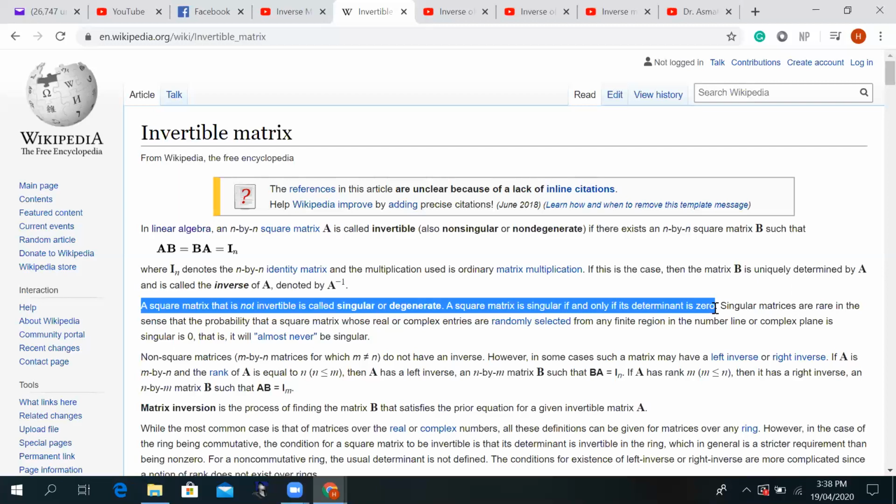1 over determinant. So when you have a 1 over determinant, and since determinant is a scalar value, a scalar value cannot be 0 if it is in the denominator. So in that way, it is undefined. So it means that A inverse does not exist for all those matrices whose determinant is 0. So if the determinant is non-zero, it could be a positive determinant, it could be a negative determinant. In both cases, A inverse exists.